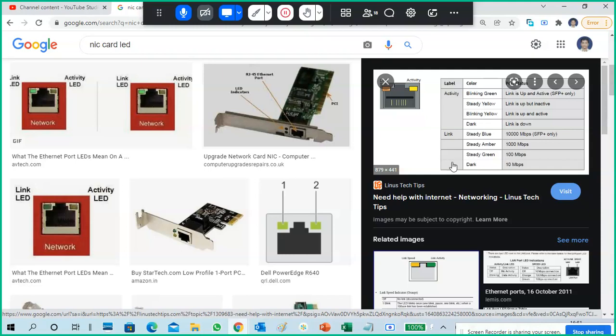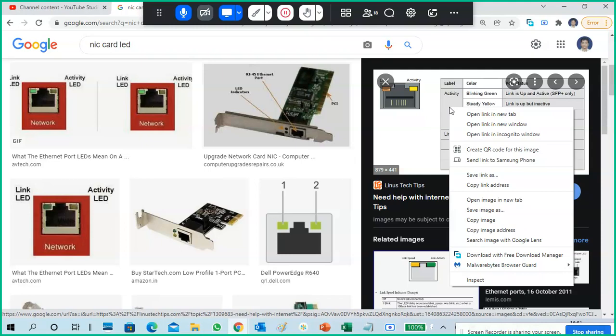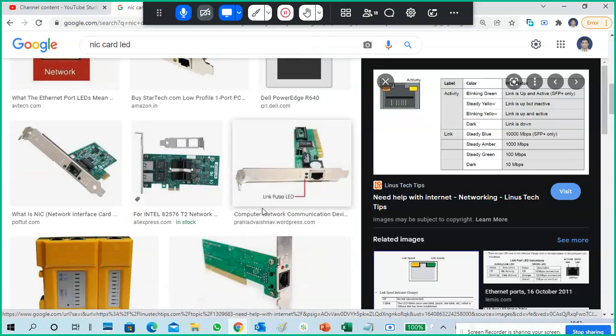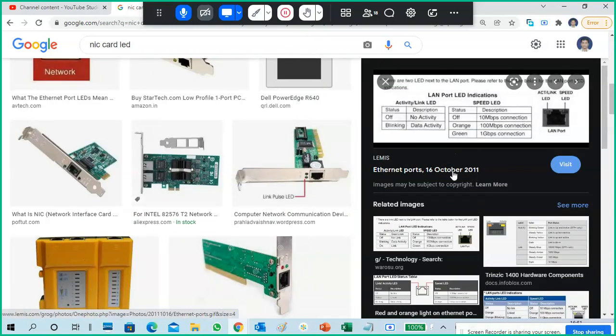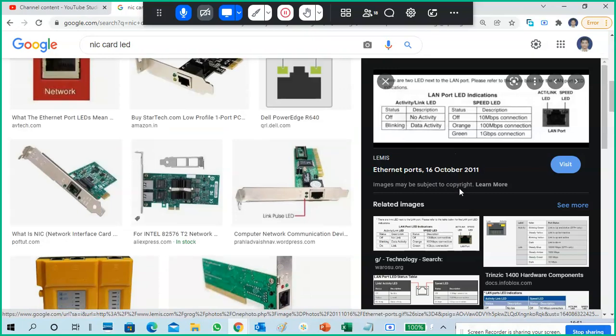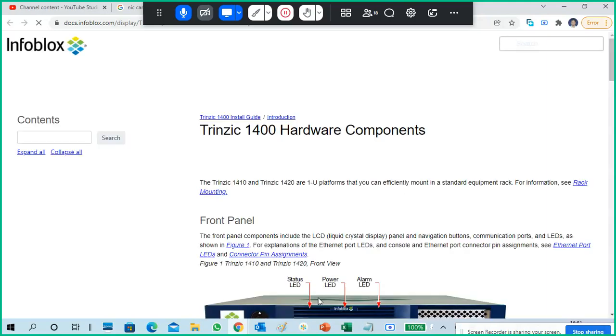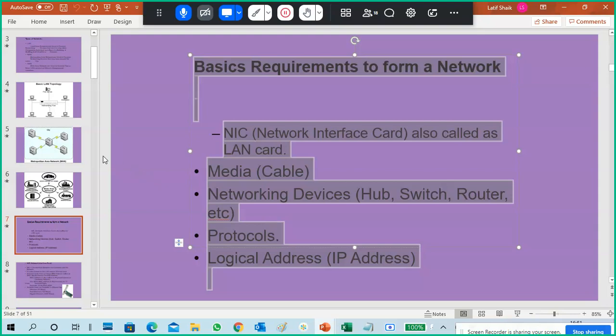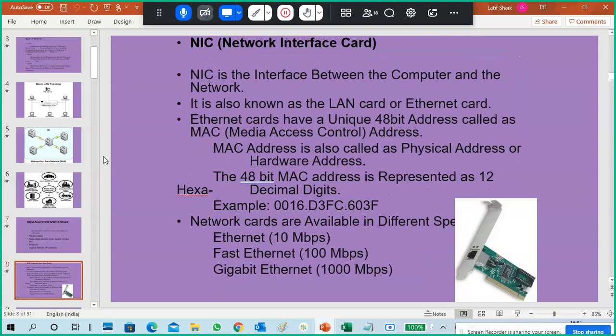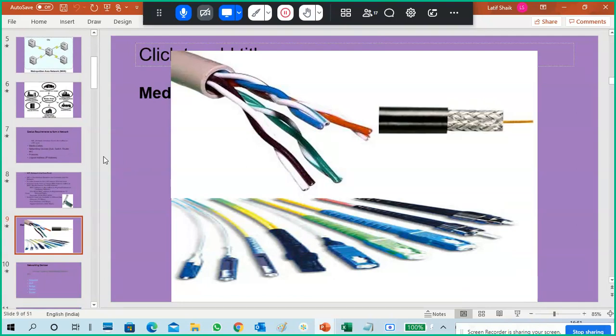So here it is given some. I need a bigger one, so that's what I'm trying to show you. I think I already put it here, maybe in another PPT. Okay.